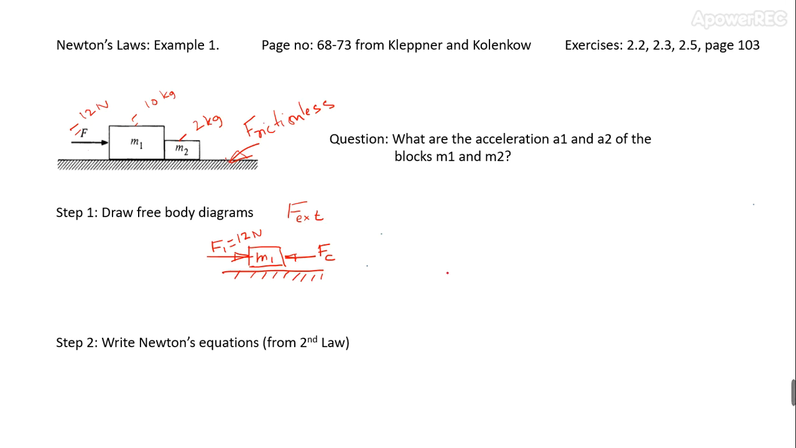I'm cheating here. I've not drawn the y direction forces because I just happen to know that in this problem it's not so important. So let me just go ahead with my cheating and instead attempt the free body diagram of m2. And m2